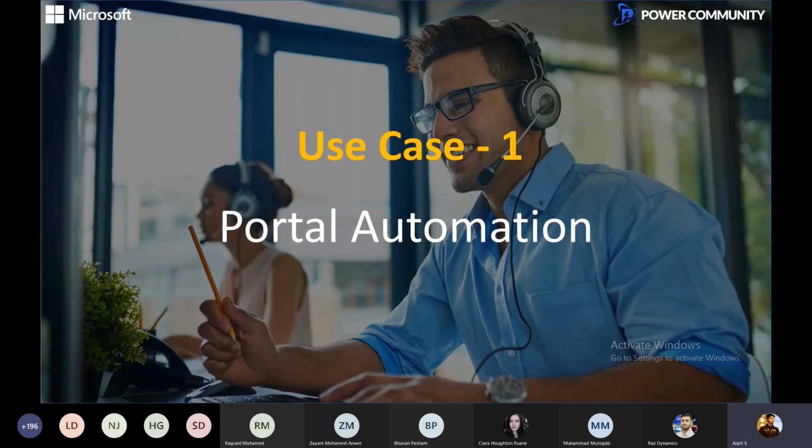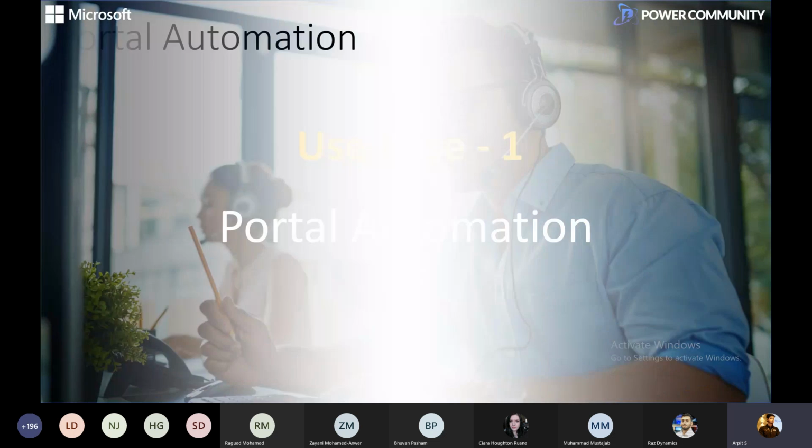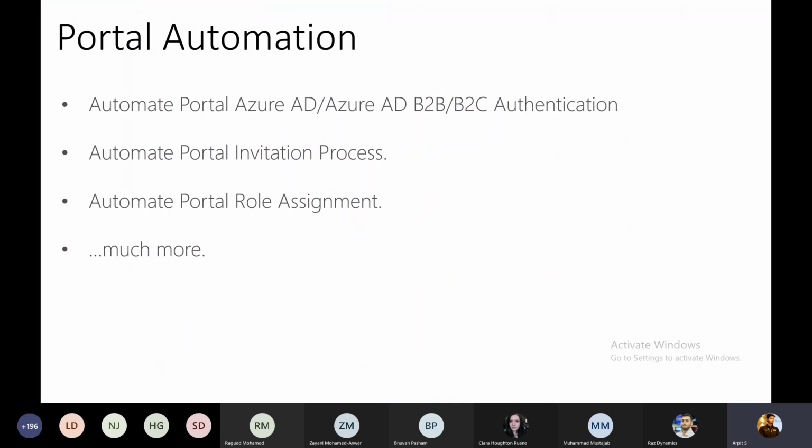So if I talk about use case number one, portal automation. There are a lot of business requirements, but based on my experience, I have jotted down four major business requirements that you need to automate in the portal. The first one is to automate portal Azure AD B2B or B2C authentication. That is one of the most important requirements in the portal, and I have seen a lot of customers who already have the customers available in the CRM, and they just want to give them access to the portal, right? In 50 or 60% of use cases,